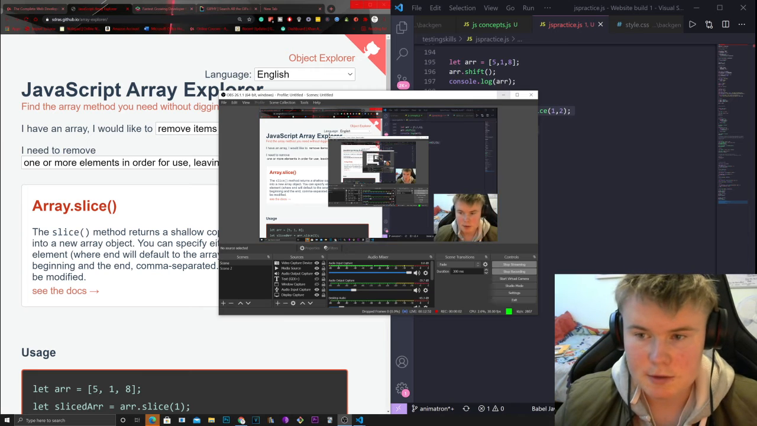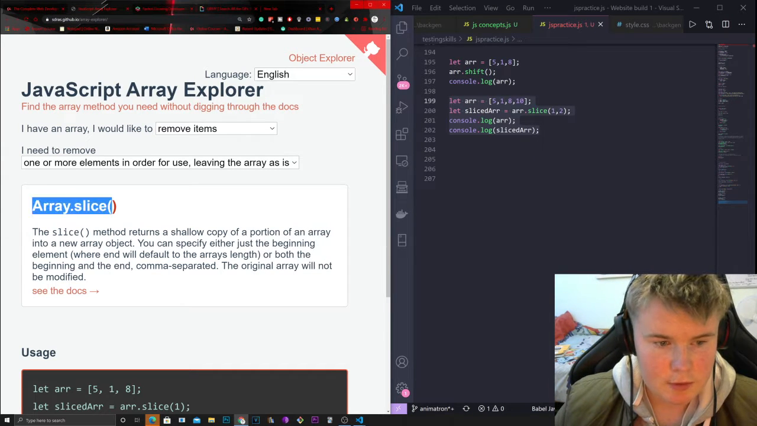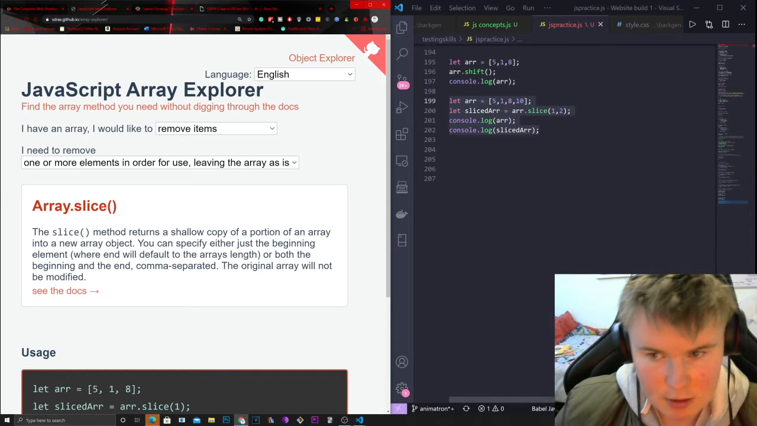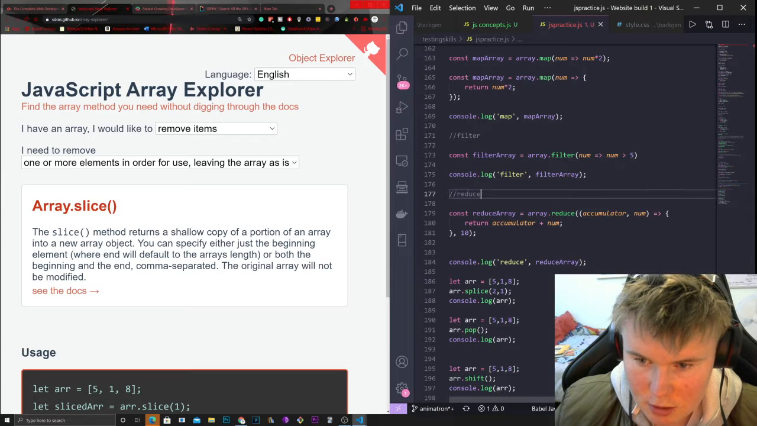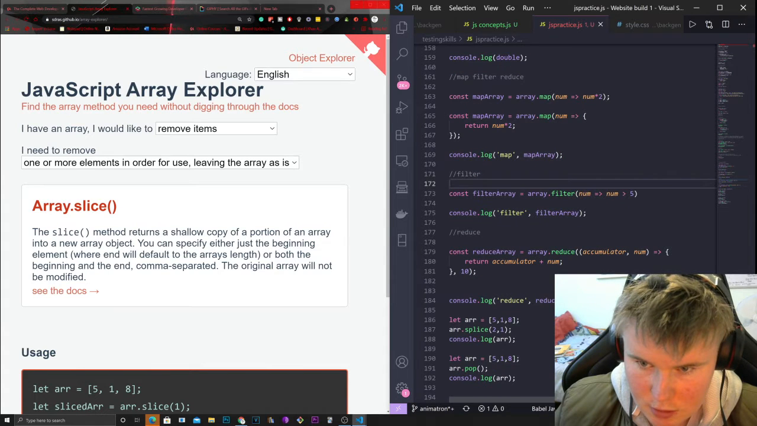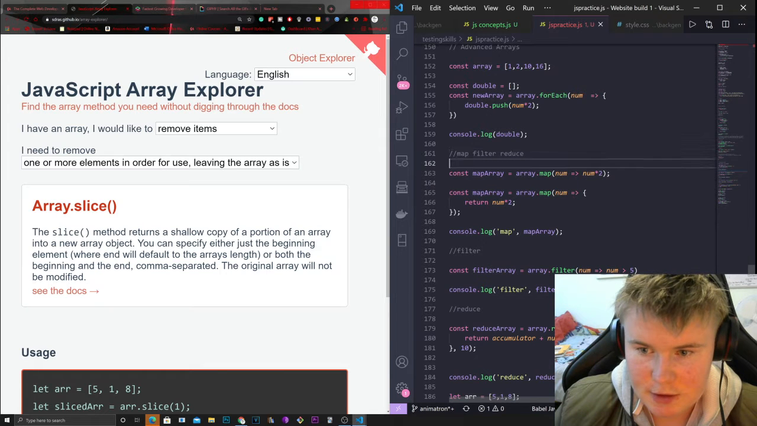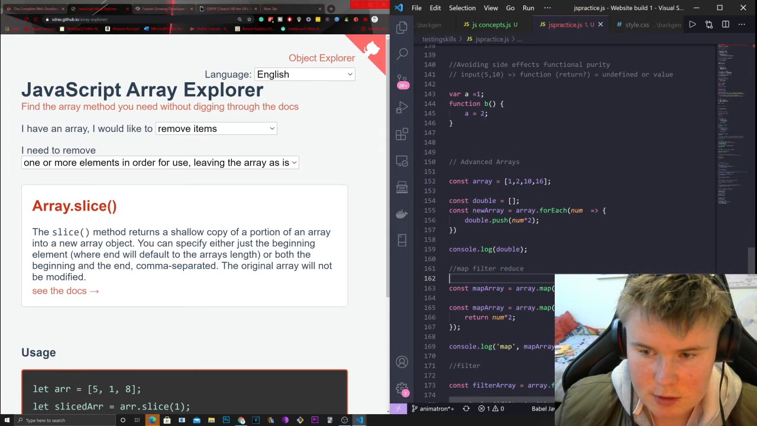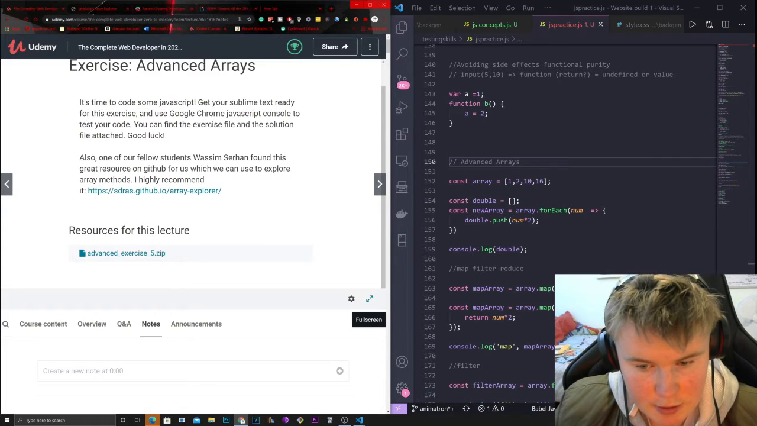Last video we were looking at some JavaScript Array Explorer tool, going through different array methods, and we were doing some advanced array work here. Look, we have reduce, filter, map, filter. So we're going through advanced arrays and just working with them and some of the essentials in that. So now we're going to do some more JavaScript practice, and in this one we'll be doing